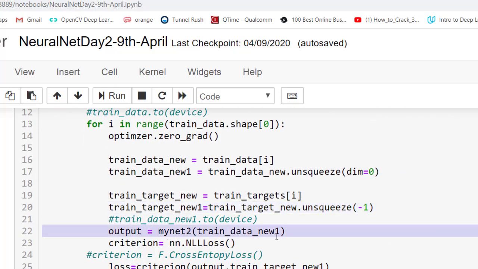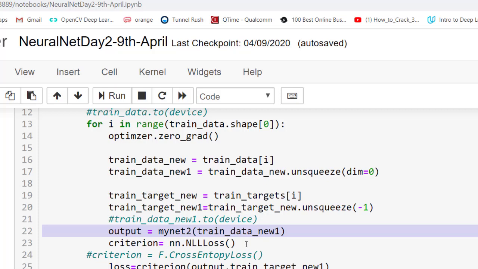So I'm running this through my neural network. What it produces is an array of 10 numbers. Ideally it produces an array per number of batches, but here I'm going through the images one by one, so it will produce only an array of 10 numbers. So what is my loss criteria?